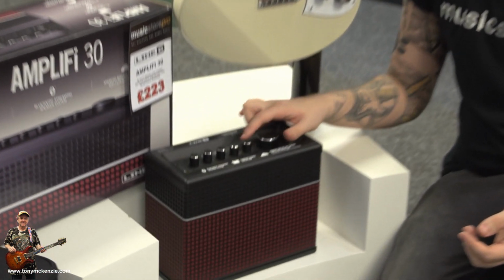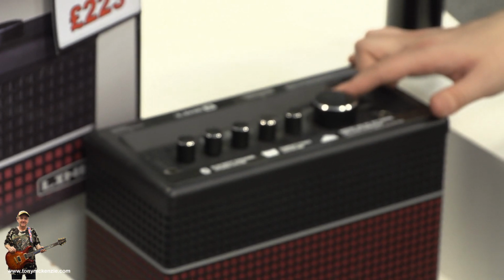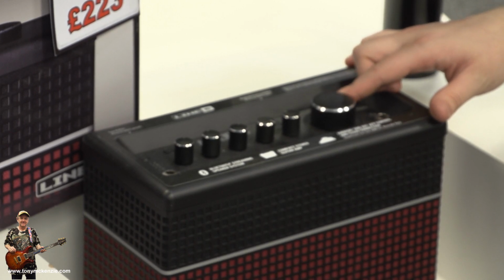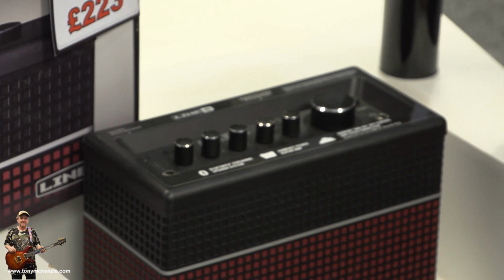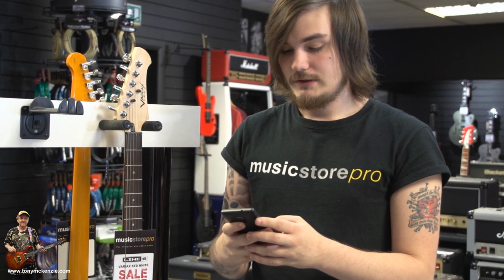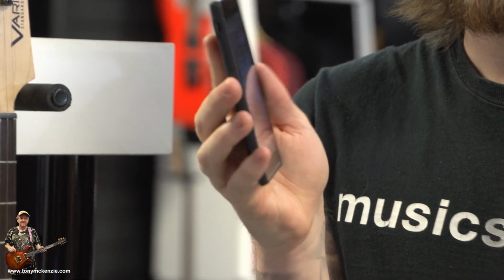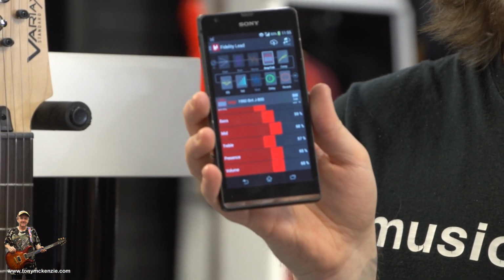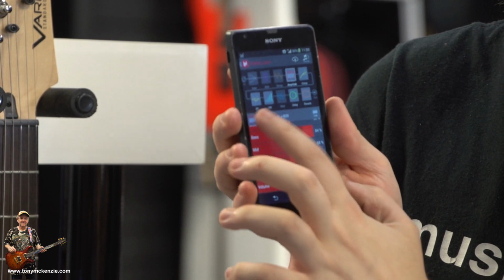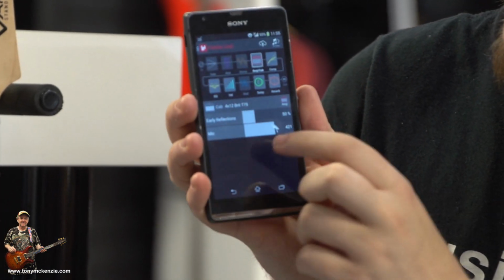On the front end, it just looks like a normal amplifier. You get drive, your 3-band EQ, and a reverb, and then a little flashy knob you can twiddle to get all different kinds of sounds. But what a lot of people don't know is that this amp is actually Bluetooth compatible. You can download an app on your phone and change the sounds of the amp via your phone, from different amp simulations to cabinet emulations,